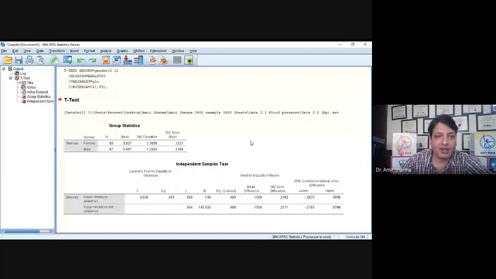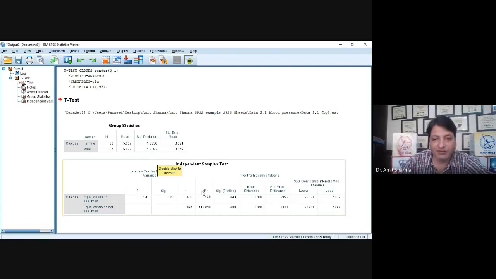So you can see the same thing I have added in the presentation also, that for male we are getting 67, females we are getting 83, mean we have found 5.6 and 5.4 for the male, standard deviation we have got this, and degree of freedom we have to check whether it is n-2 or not.